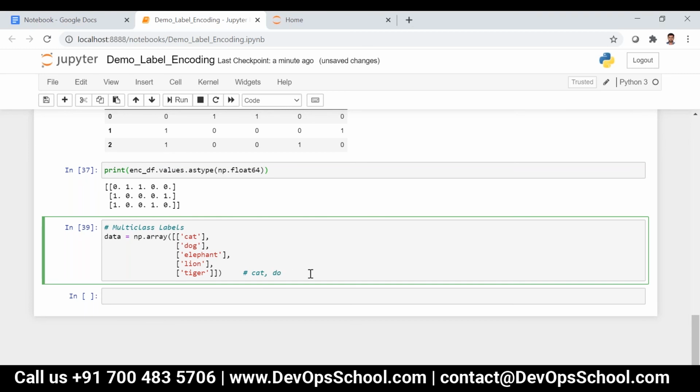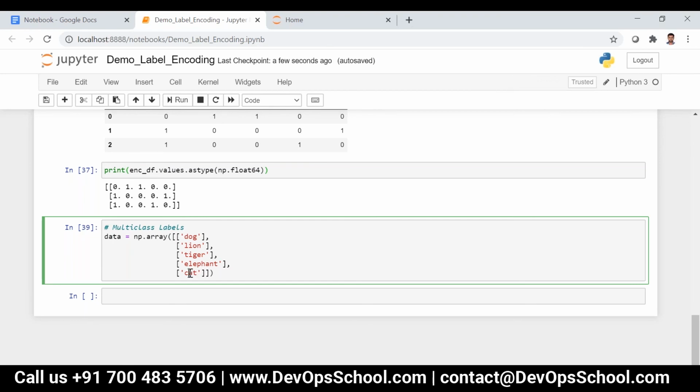It is in the sorting order only. Let me just write like this: cat, elephant, tiger, lion, and then dog. So first it will sort it.